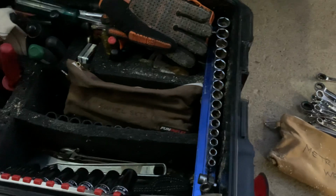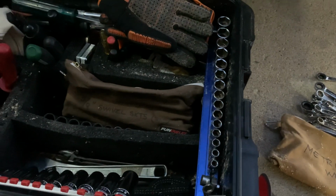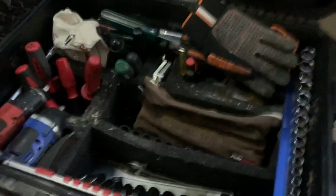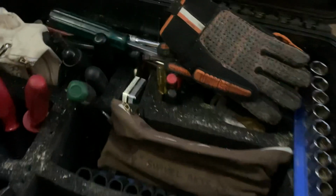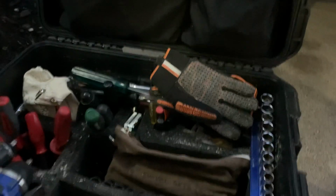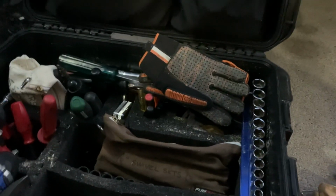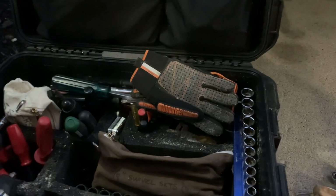Maybe some of the longer screwdrivers, you don't use those that often. I mean, some of the picks you may not use very often either. Pick up some of those tools used, and save yourself a lot of money. And you can have a really nice setup really fast, because the fortunate thing is there are a lot of